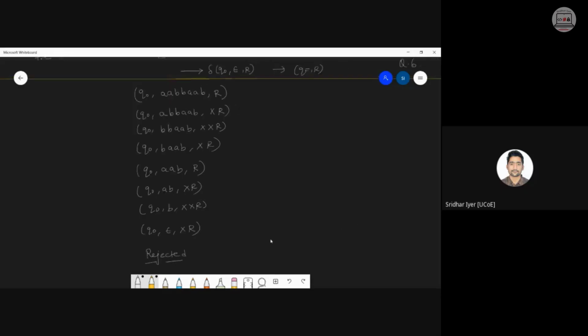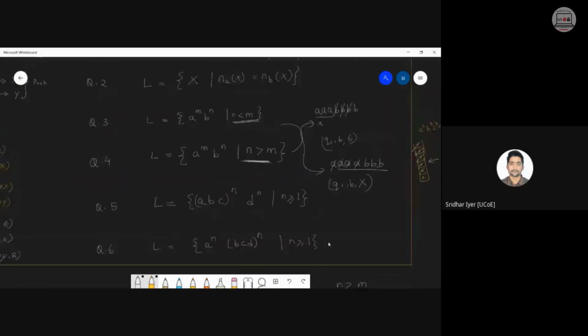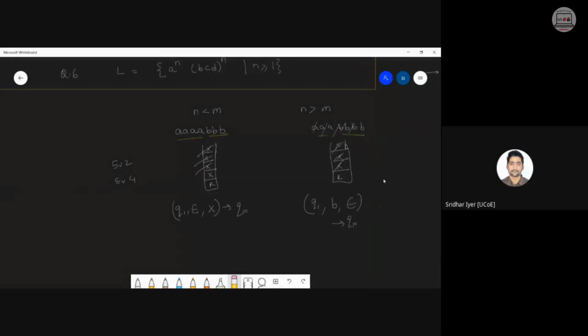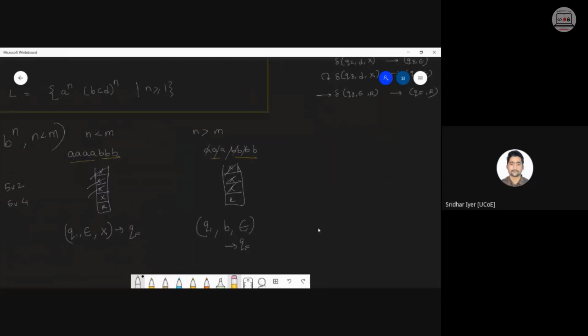Okay, most welcome, Jay. So let me get back to this problem 3 and 4. I'll rub this out from here, otherwise you will get confused whenever I upload the snippet. So it's better you refer to what I have written downwards. So it is a raised to m, b raised to n, where n is less than m. This is the logic for this question. And similarly, the logic for this will be a raised to m, b raised to n, where n is more than m. Am I clear now? Okay.